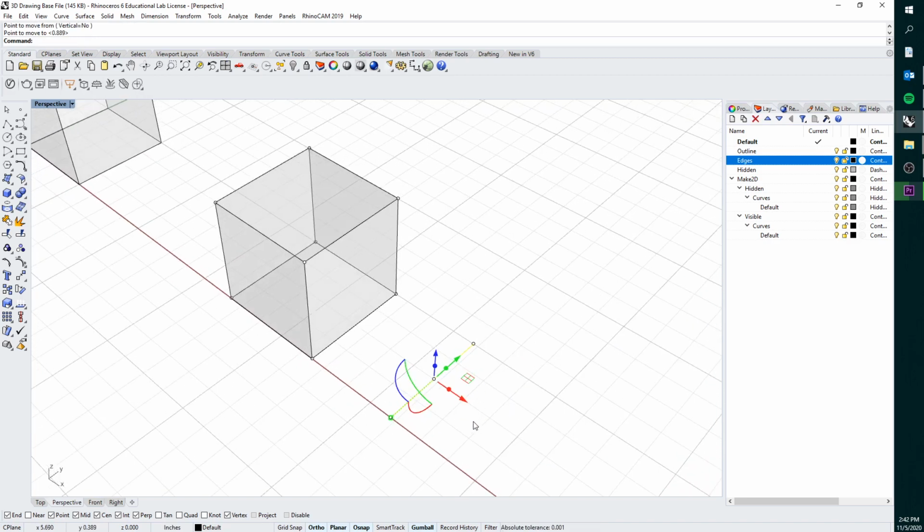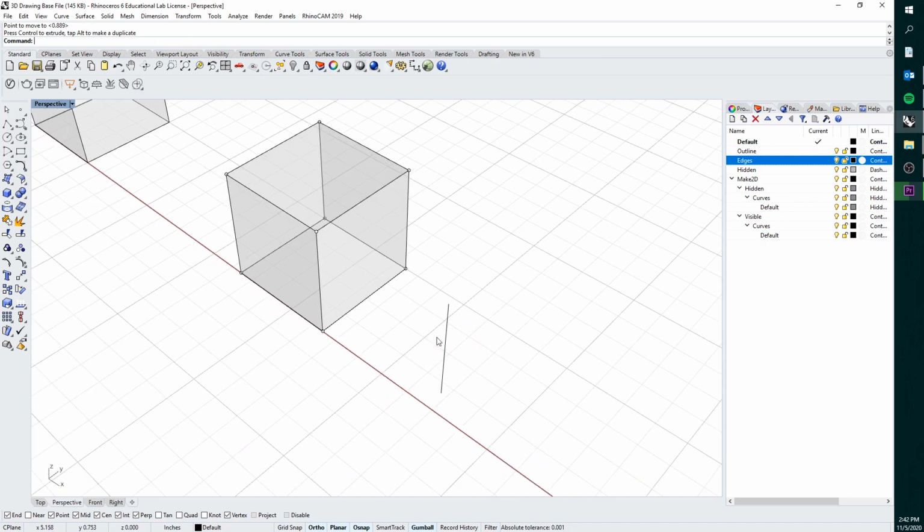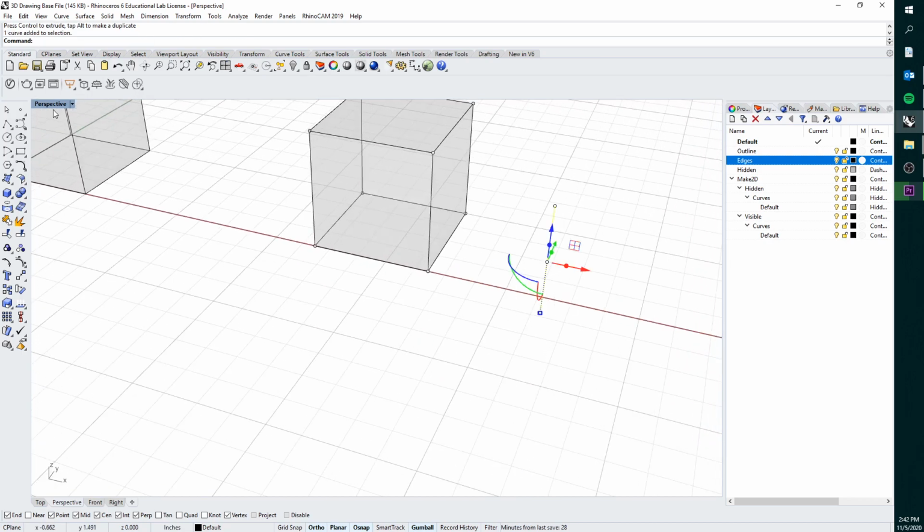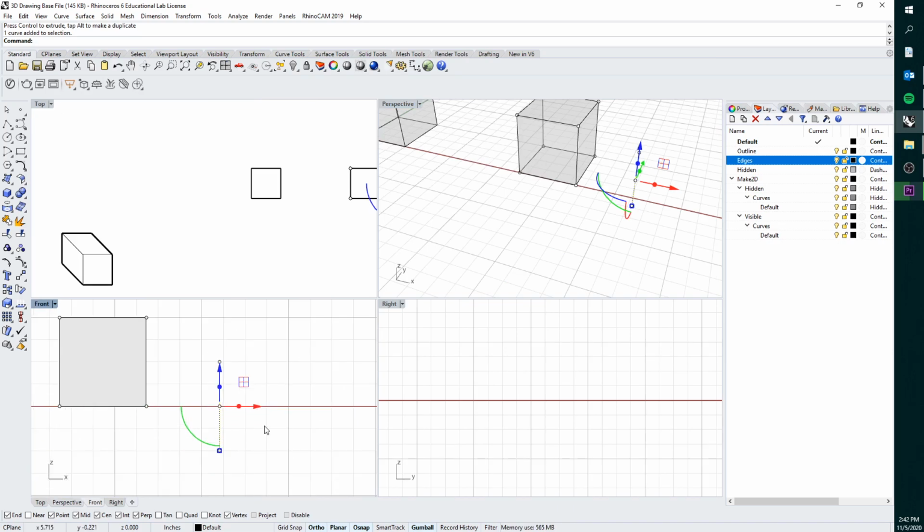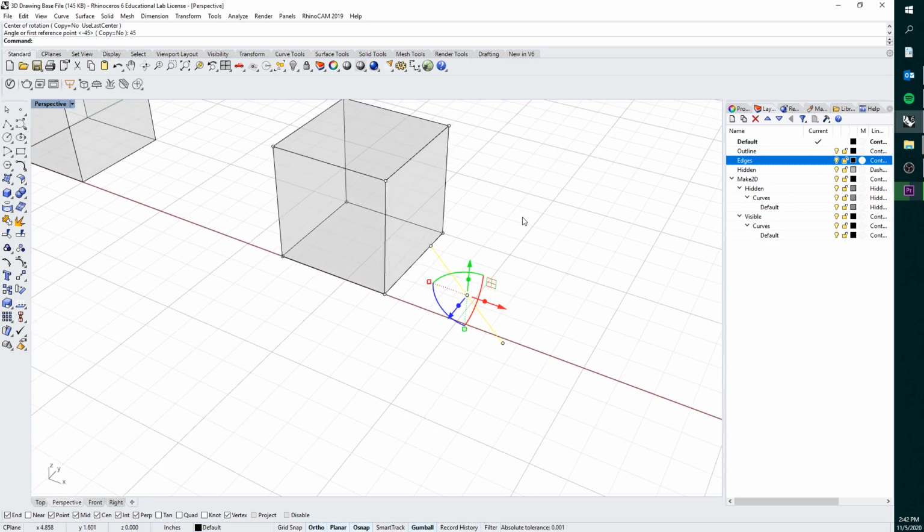So what we need to do is, again, get this vertical. So we're just going to go like that and get that vertical. And then I'm going to go into my front view here, and what I'm going to do is a rotate, and I'm going to rotate it from that bottom point by 45 degrees. So type in 45 and click enter. And then I need to do a move and move this to the back